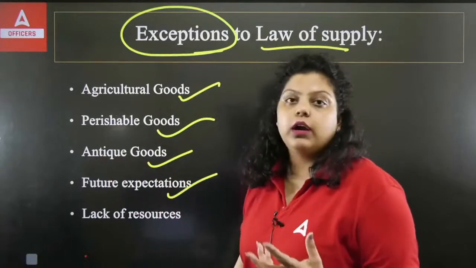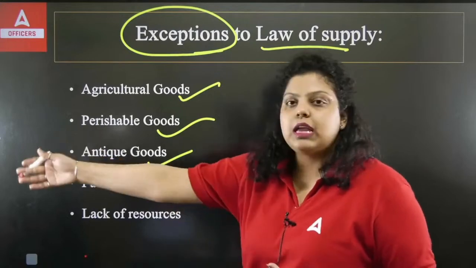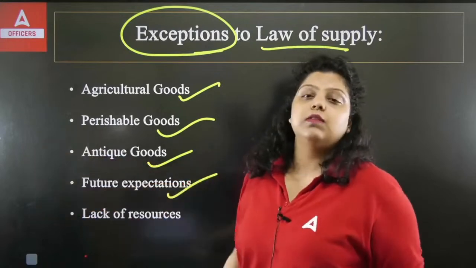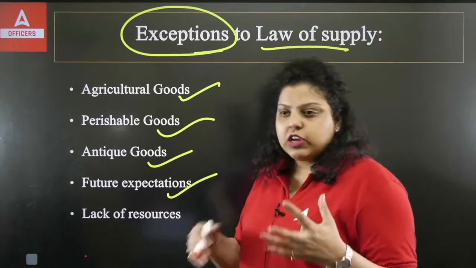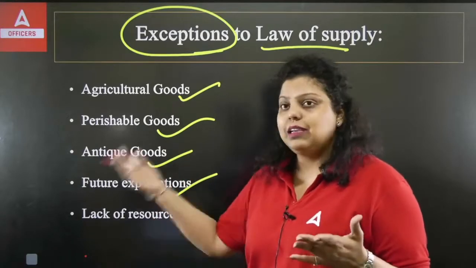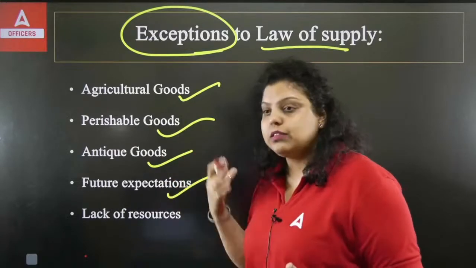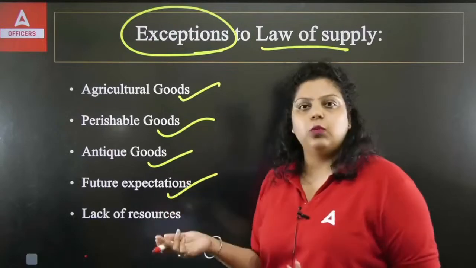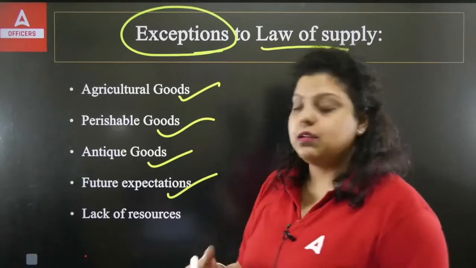You can't expect according to future. Like if the price is increasing, you are increasing the supply. You are thinking people will buy in the future. Maybe in future they will not demand the goods. Like the COVID medicines right now, like the injections or whatever we needed at the COVID. At that time, it was the emergency good. Its price was increasing, so the supply was increasing. But now nobody wants it. No, not nobody. But yes, comparatively there is very less demand now.